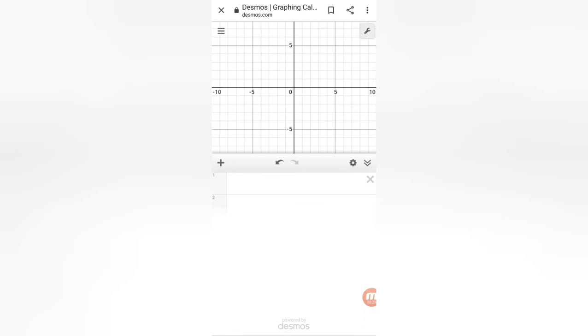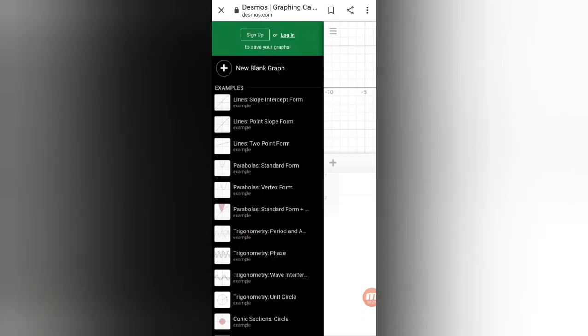You can see three lines on the left-hand corner, and when you click on this, you can straight away log in, and once you log in, you can save your graphs and also share the link of your graphs with anyone you want. Otherwise, if you are working on it and you want to take screenshots of the graphs you have made, you can take the screenshots and share them like that also.